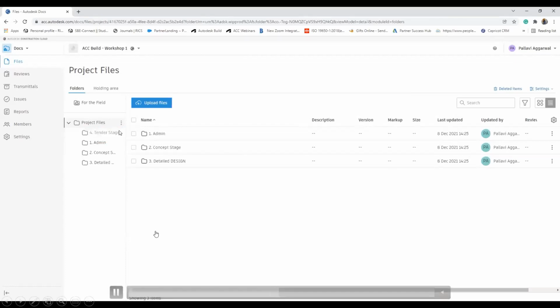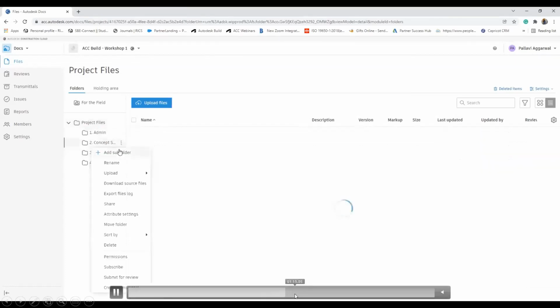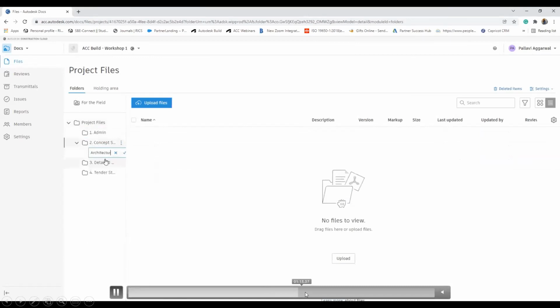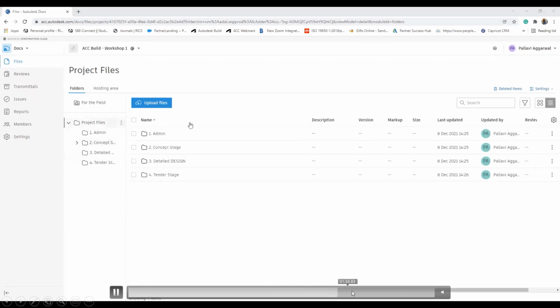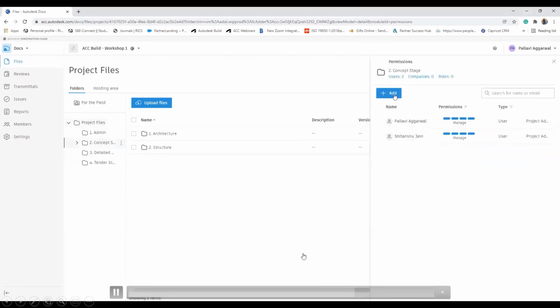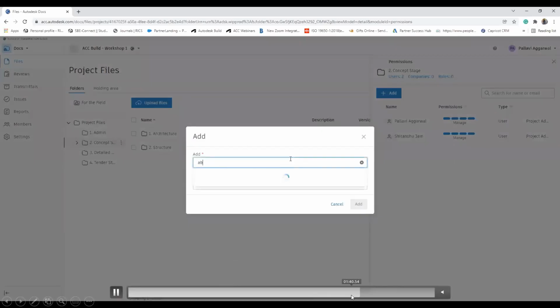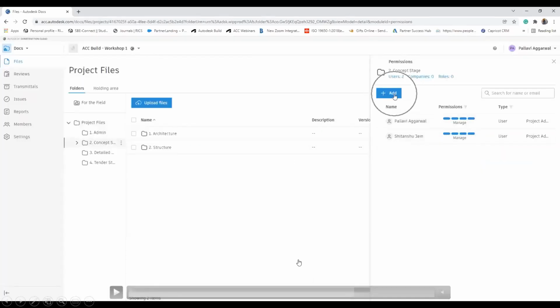Also adding members to this. So now we can see that we have created multiple folders and subfolders in the project over here. And at a later stage, let's say I'll go back again. We can add different members in the folders now. At one level, as a project admin, we have added different members in the project. Now we'll have to add them in different folders also, because that is where we are bifurcating them with the information that they will have.